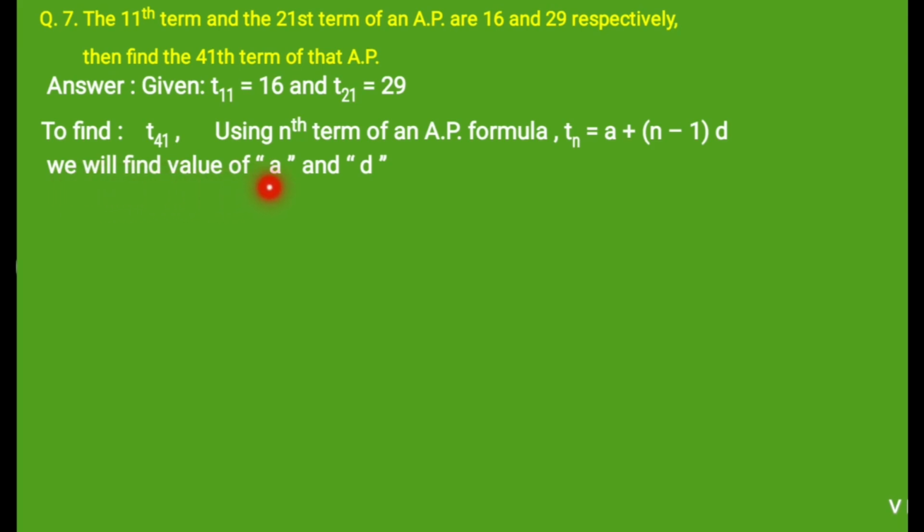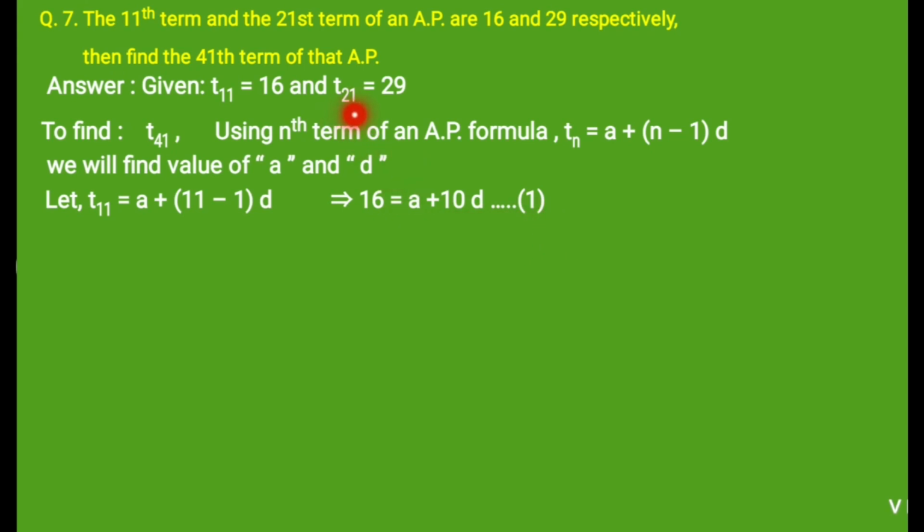So see how to calculate that value. We will find the value of a and d. So using this formula we will get a and d. So we use the first value. Let T11 equal, because we have been given the value of the 11th term, that is 16. So we write T11 equals a plus, this n we replace by 11, 11 minus 1 into d. So we get 11 minus 1 as 10. So the first equation in terms of a and d is 16 equals a plus 10d. We denote this as equation number 1.